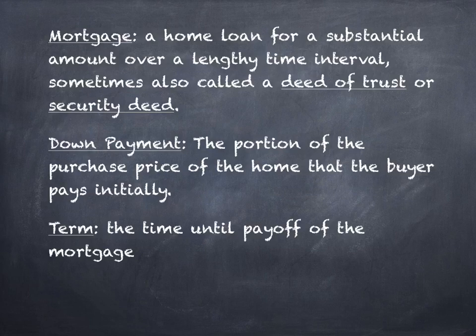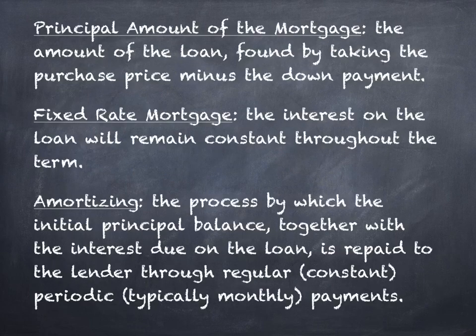Okay, down payment. The next thing is the term, and a term is the length of time it takes you to pay it off. So that's just the number of months or the number of years, and in this case, we're still going to be looking at numbers of years. And more commonly, people will talk about home loans in years, whereas they talk about car loans in months. So you're going to hear years used prevalently. All right, the principal amount of the mortgage is simply the amount of the mortgage. It's the amount that you pay for the home. Just like when we were looking at these, it's the amount that you're financing. These ones that we just did on the board. The amount that's financed, you take the cost of the item and you subtract the down payment. Everybody good with that? Okay.